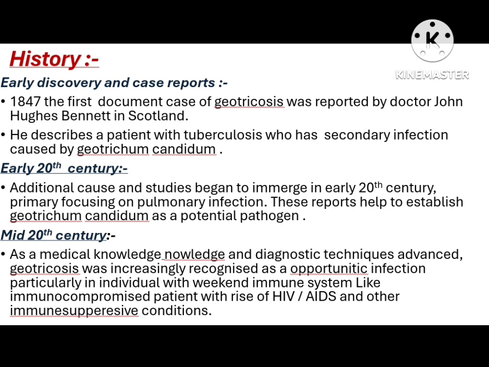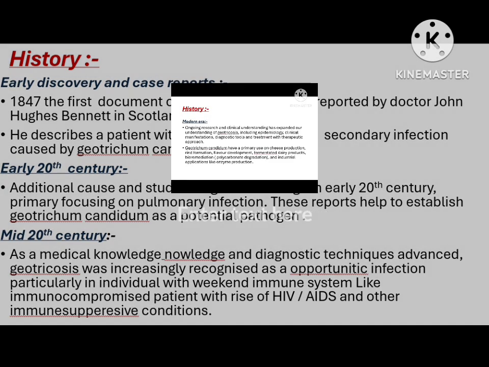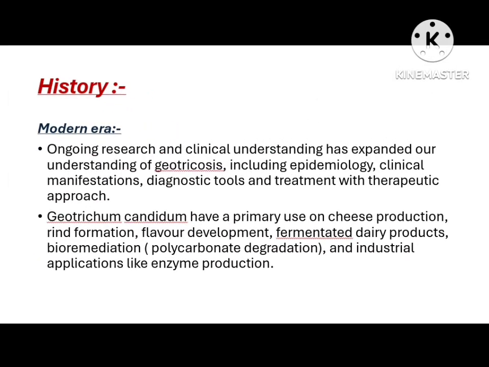Then in the mid 20th century, as medical knowledge and diagnostic techniques advanced, geotrichosis was increasingly recognized as an opportunistic infection, particularly in individuals with a weak immune system, like immunocompromised patients, with the rise of HIV, AIDS and other immunosuppressive conditions. Then in the modern era, ongoing research and clinical experience has expanded our understanding of geotrichosis, including epidemiology, clinical manifestation,